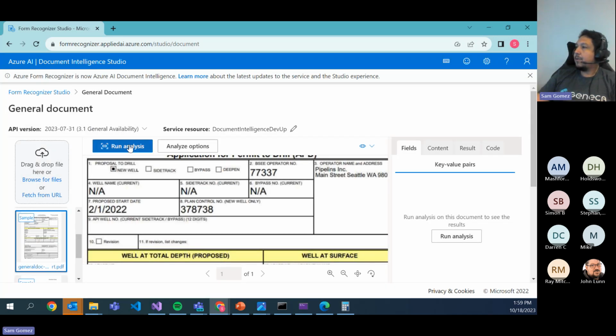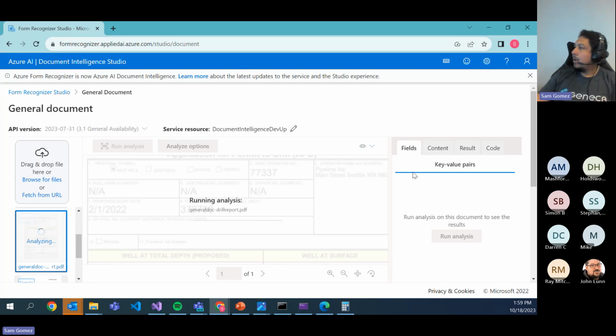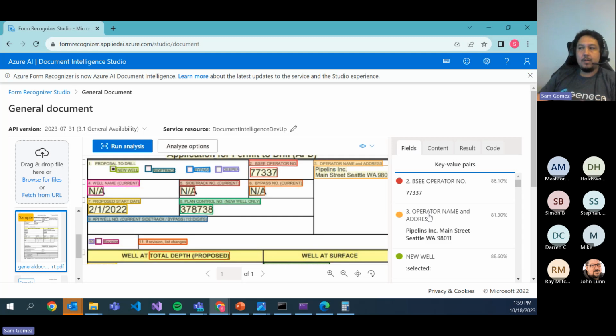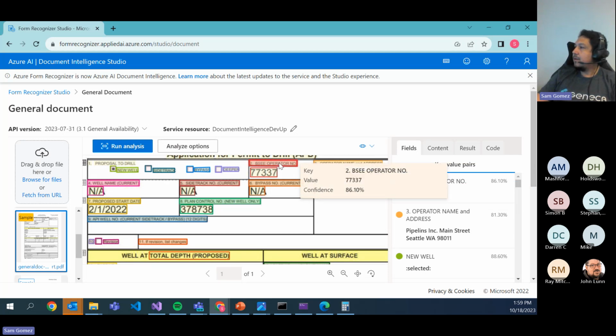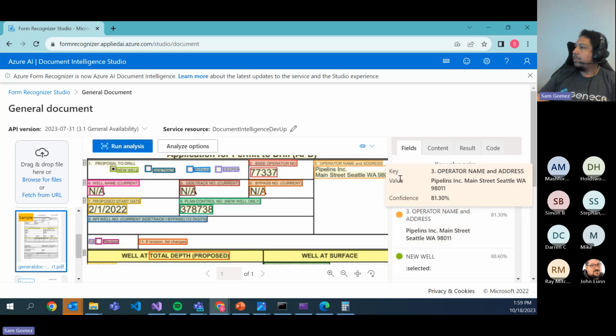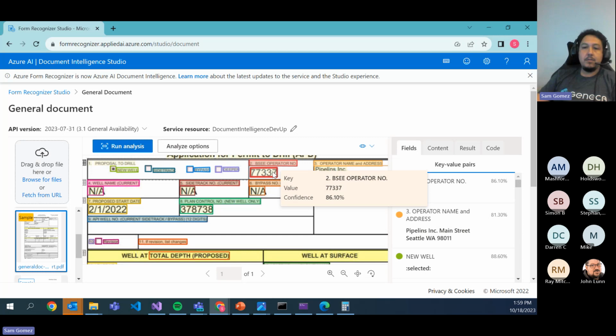So if we click Save, we click on Run Analysis, and over here on the right-hand side, you will see the results populate. The fields and the content tabs are going to show it in a user-friendly way. So you can see here, it has the name of the field, so it corresponds to this right here. It was able to pull up the value from there, and then it gives you, as it happens with a lot of machine learning APIs, a confidence score of how confident it is that it pulled the right text or the right information,